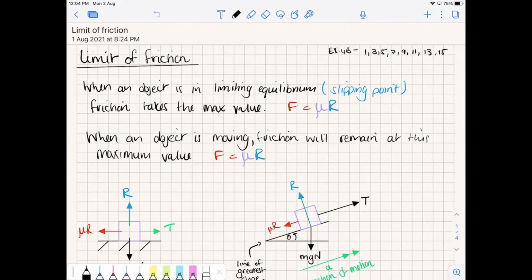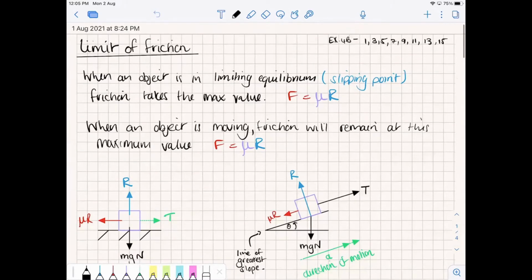Now, once an object is actually moving, right, we need to remember that friction doesn't just disappear, it obviously remains, and it remains at its maximum value. So if something is in motion, right, we need to remember to account for friction. So having a look at our diagrams over here,